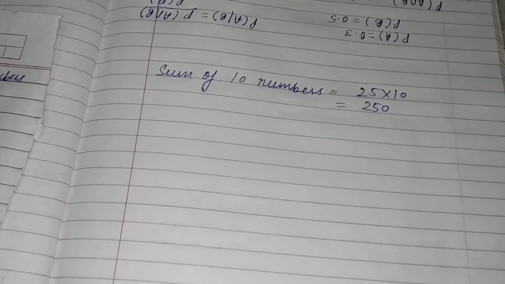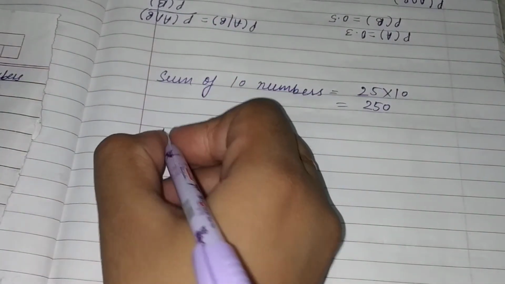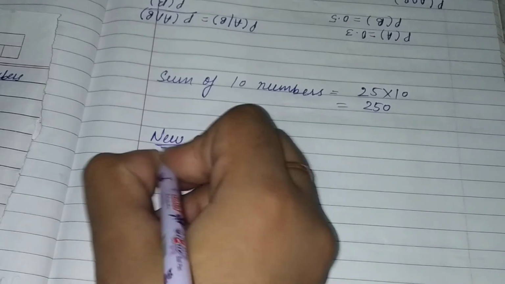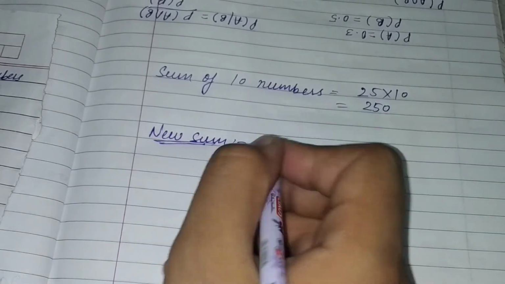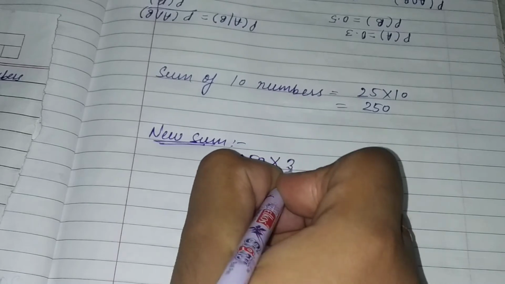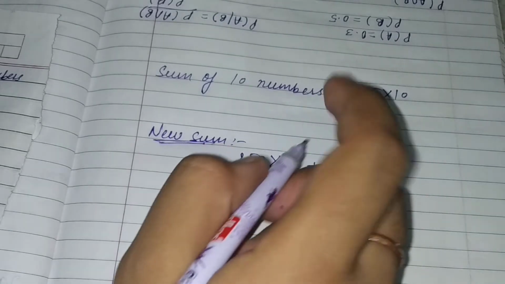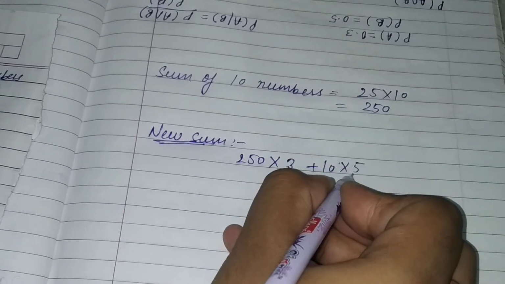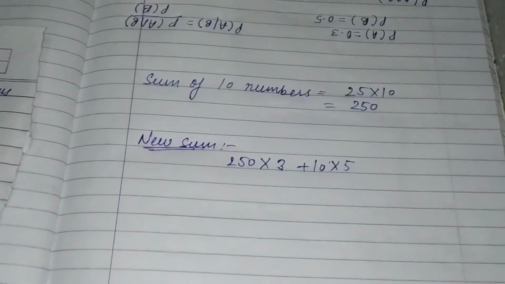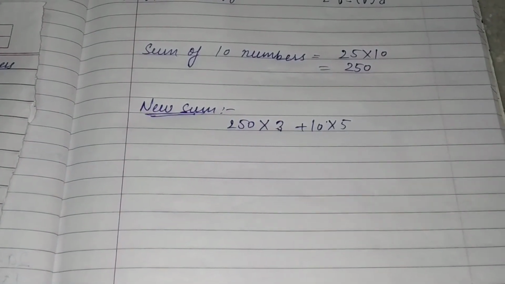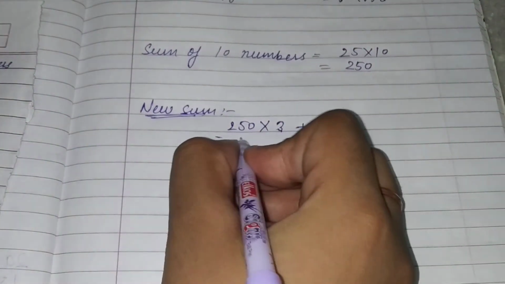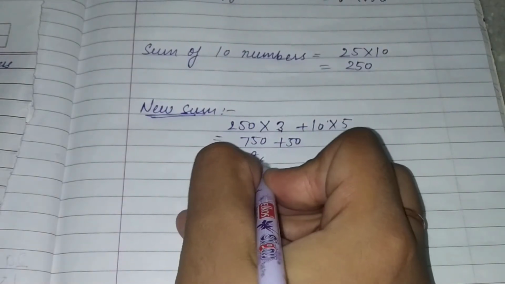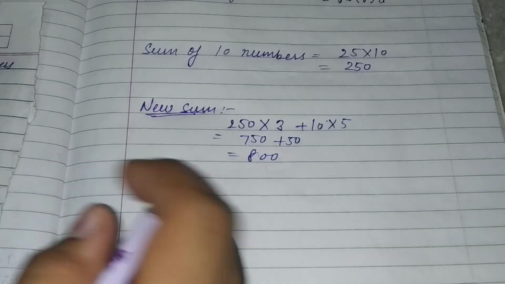So according to the question, we have to first multiply by 3 and then increase by 5. So the new sum will be this 250, firstly multiplied by 3 and then increased by 5. We have to increase each number, so I am multiplying it with 10. So the new sum will be 800,